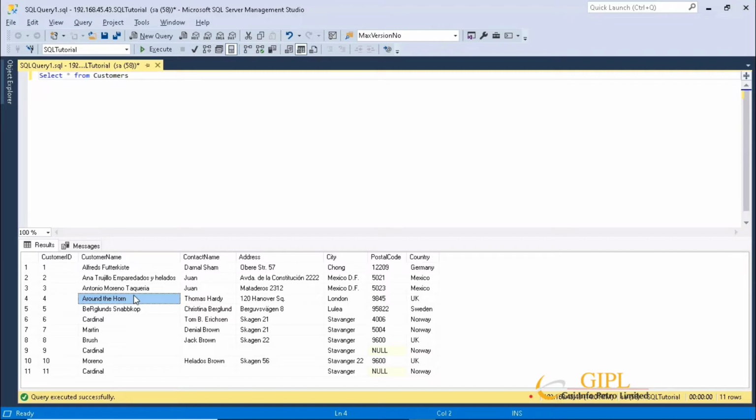A record, also called a row, is each individual entry that exists in a table. For example, this we call it as a record. We can also call it as a row. Another example, there are 11 rows or 11 records in the above customers table. We can see it over here as well as here.